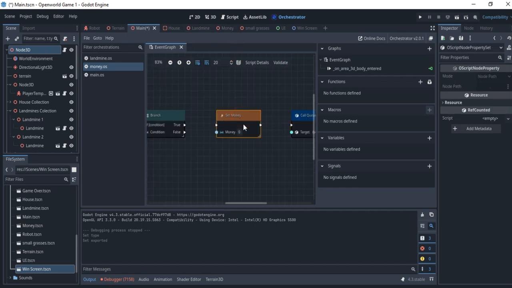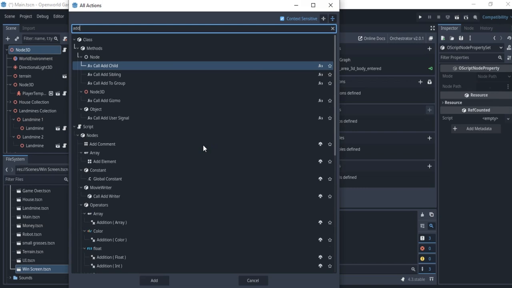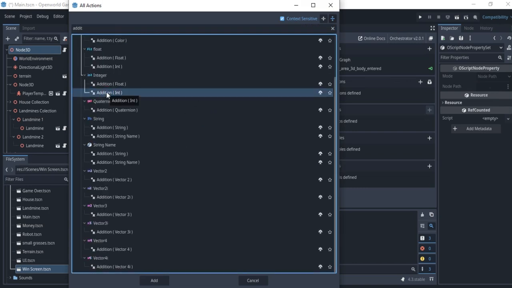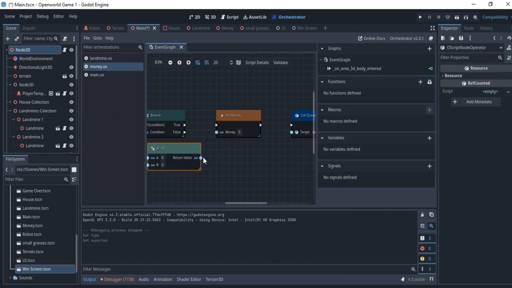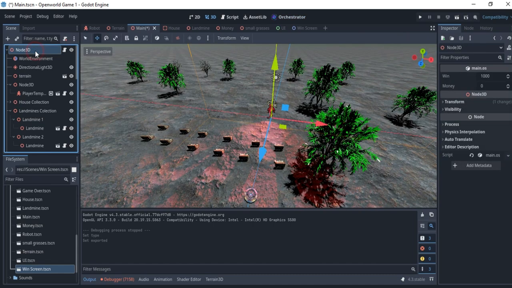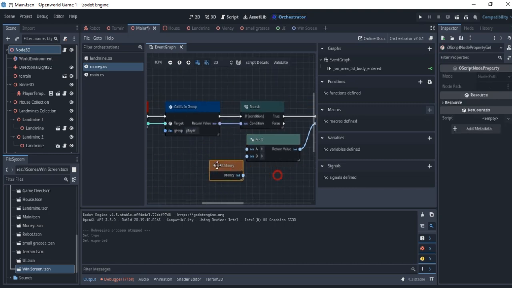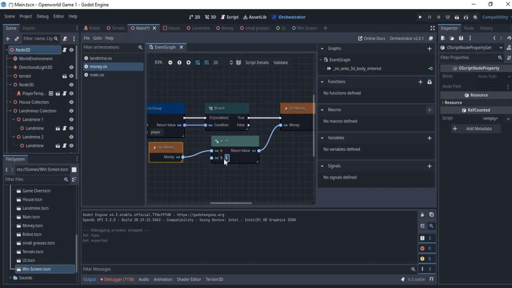So right now I'm going to put this here. Right click again and put addition. So I'm redoing this so that you don't get confused. I know these things could be difficult sometimes. I'm going to just drop this here, put this here, and also still in this code I'm going to click here, go back to the orchestrator, and this time around, you see I have this, I'm going to drag the money again, but this time around I'm going to get the value of the money and just drop this here. So I'm going to add it 100